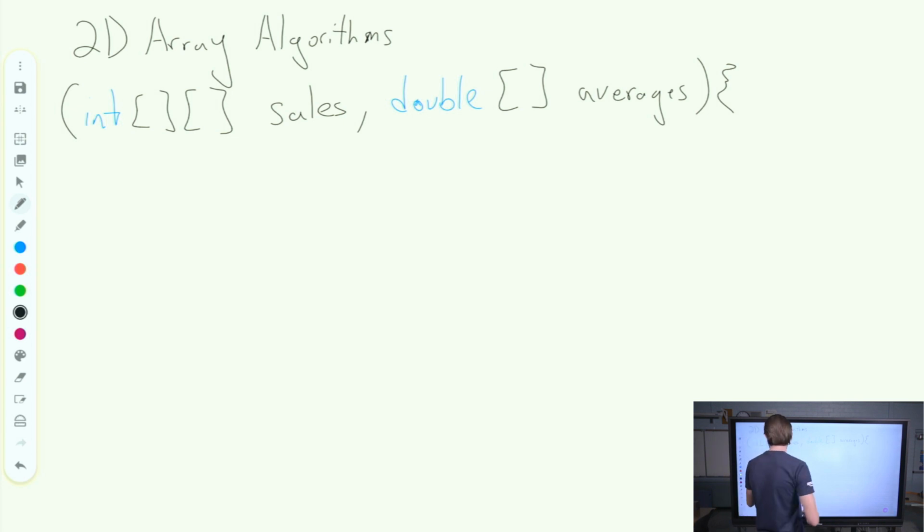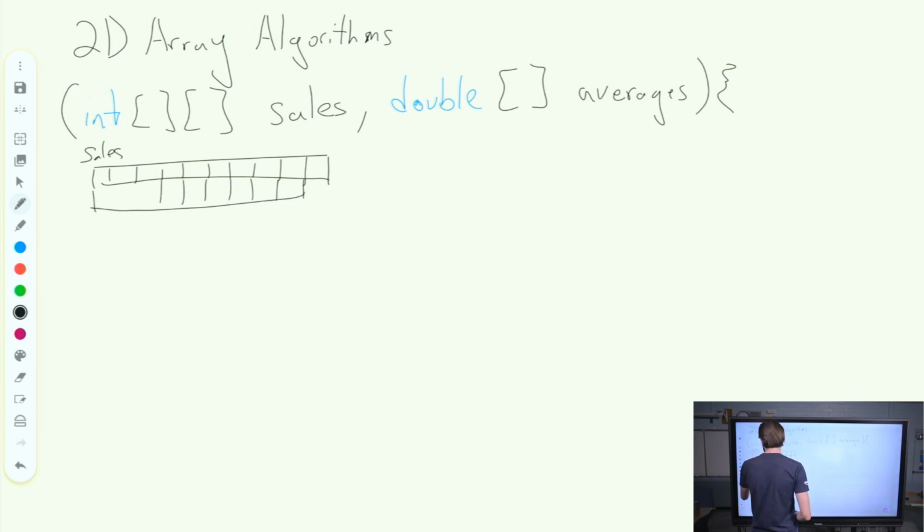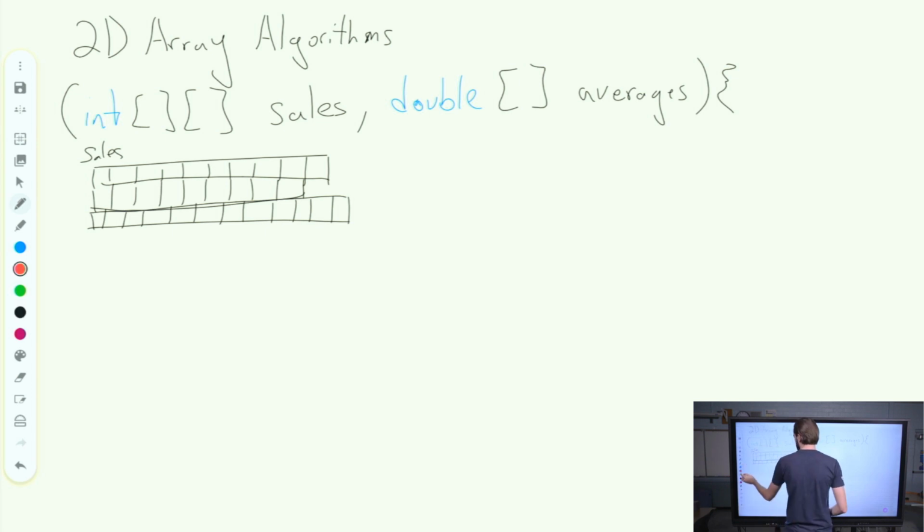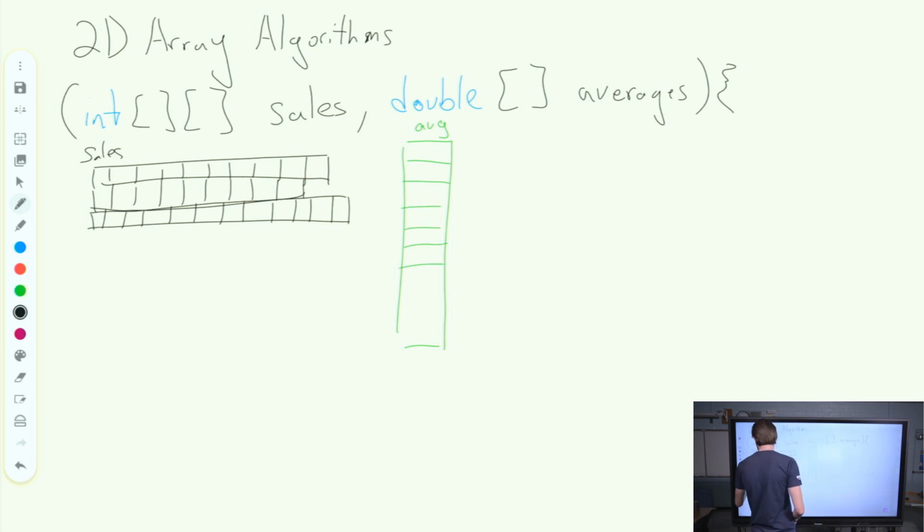So if we think about this data here, how can we do this? Well, we're going to have our data that's going to look something like this, right? We've got our 2D array. We're going to call sales, or it is being called sales, right? And it's got its different sets of data. And some months are a little bit longer than others, so it's not necessarily an even set of data. At the same time, we also have our averages. Let's go ahead and abbreviate it there. And this goes on, right? It goes on down here